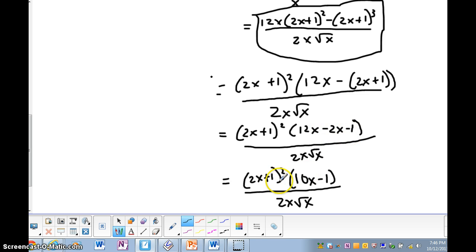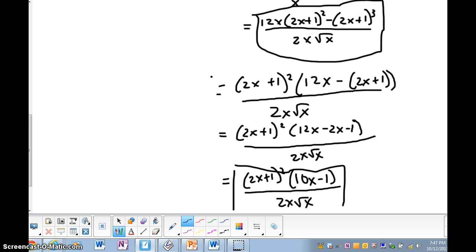And when you simplify, you'll have 2x plus 1 squared times 10x minus 1 all over the 2x times the square root of x. Okay, so either answer, depending on the answer key, you'll see. So want to make sure you saw that answer as well. And again, you cannot cancel here because it's not multiplying by itself here. We don't have a factor of 2x being multiplied by both items. So our final answer would be either this one or this one, depending on what you were going to do